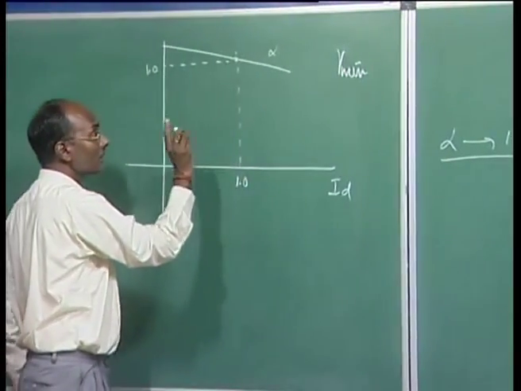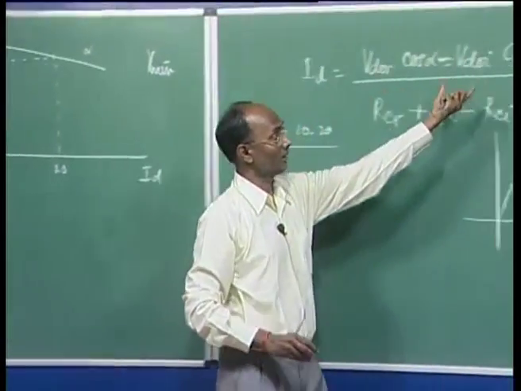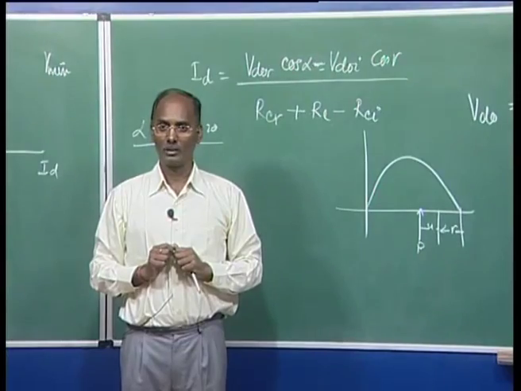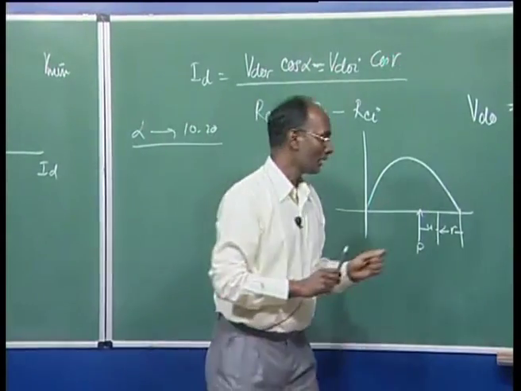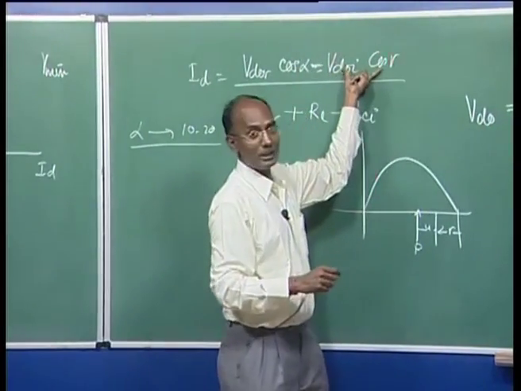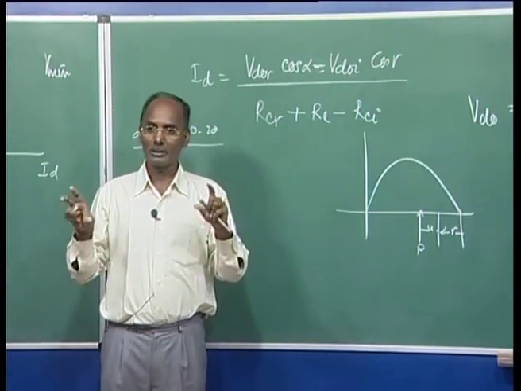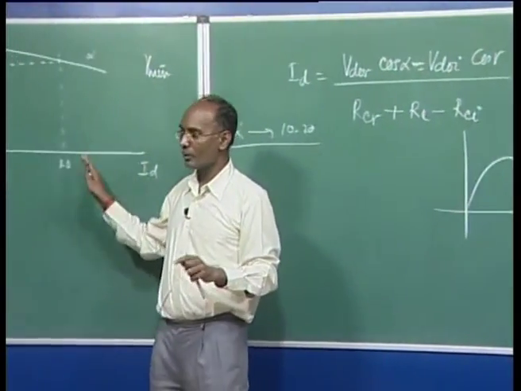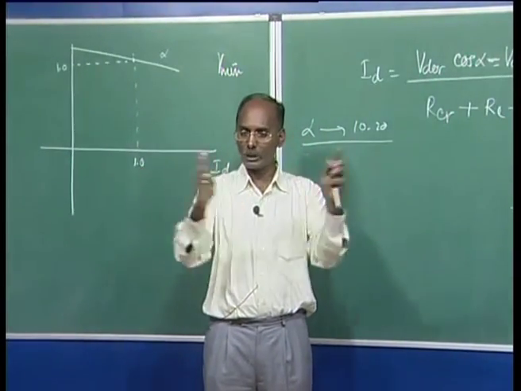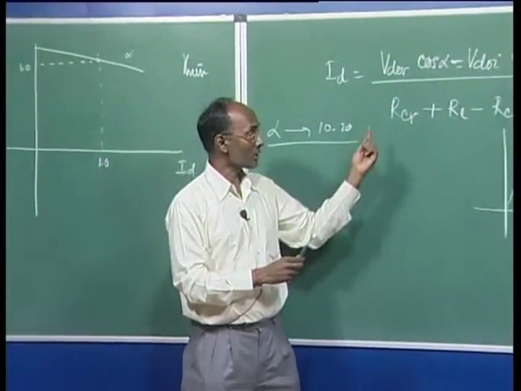So if you draw this characteristic, we should know what the VD is. If you remember our VD, when I was drawing, this VD we were drawing individually, this is the VD, this is the VD. We were drawing separately, but it is not so. This is the characteristic where both your inverter and rectifier are on the same axis. So we have to take the whole link, where is your VD? Because we are having 3 resistances.